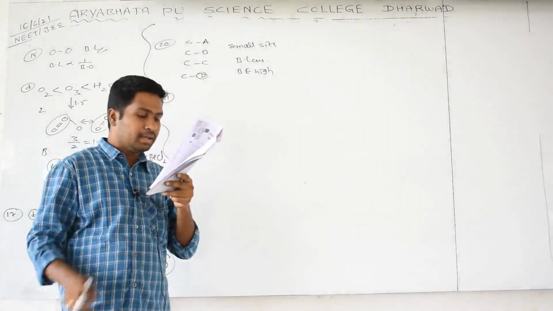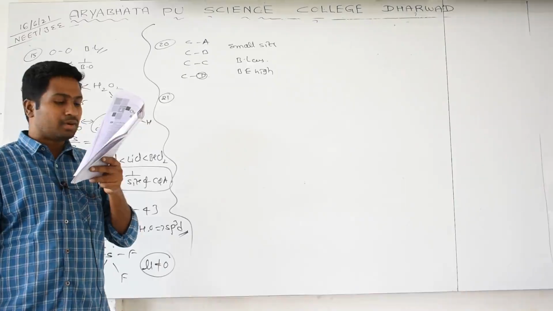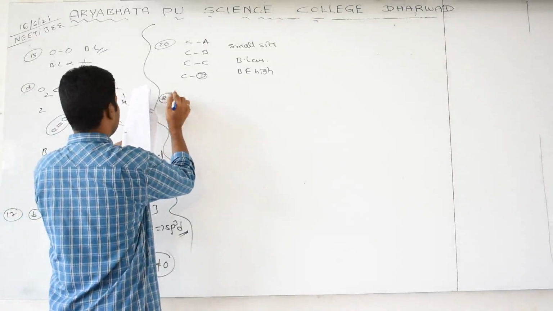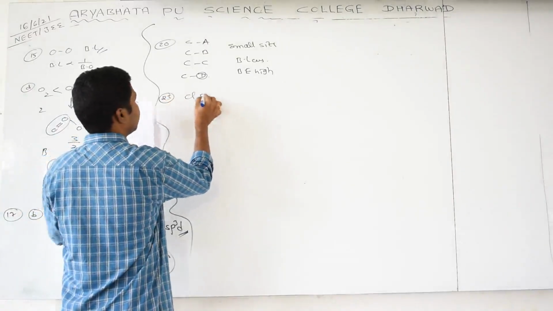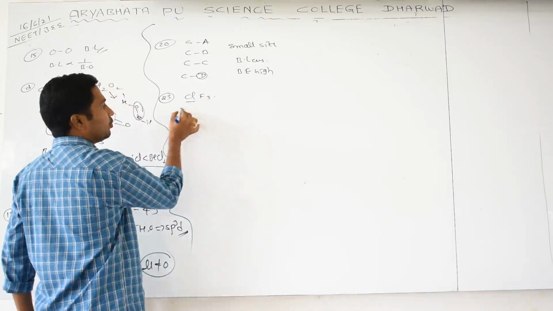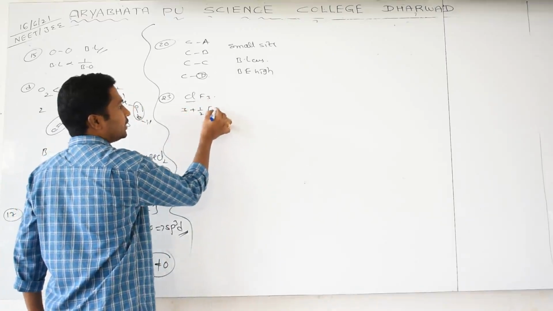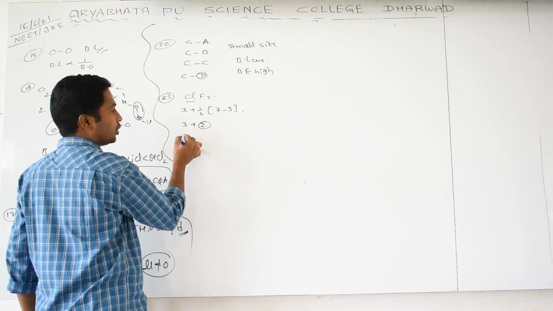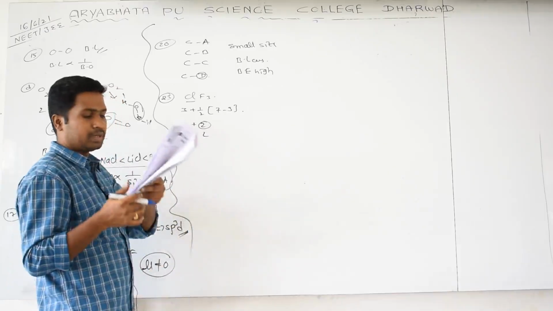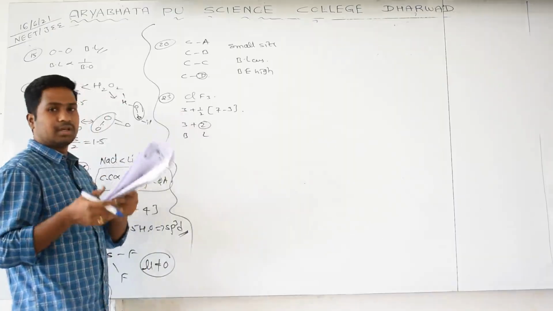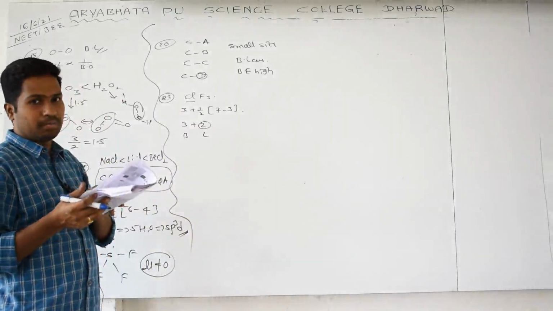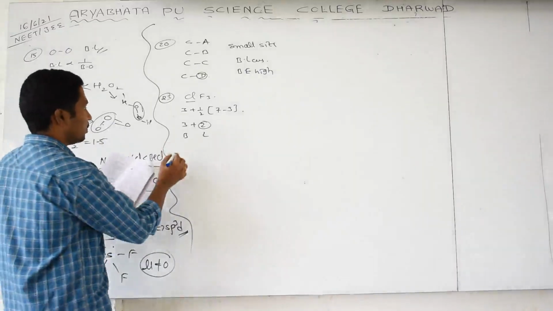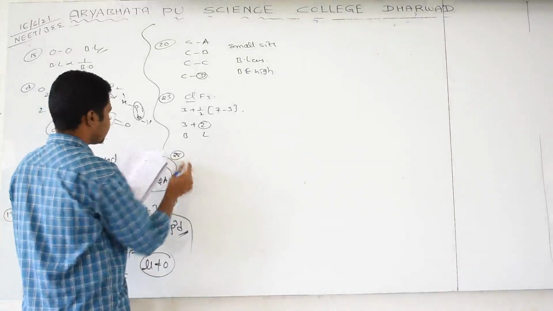Go for next. In the structure ClF3, the number of lone pairs on the central atom will be? Yes, you can get it by formula. Question number 23. ClF3. Around the central atom, how many atoms? 3 plus chlorine 7 minus 3, 3 plus 2. Always first bond pair, second lone pair. How many lone pairs? 2 lone pairs. You know VSEPR theory: lone pair repulsion is more than lone pair to bond pair. You will get it. Go for the next, 25.